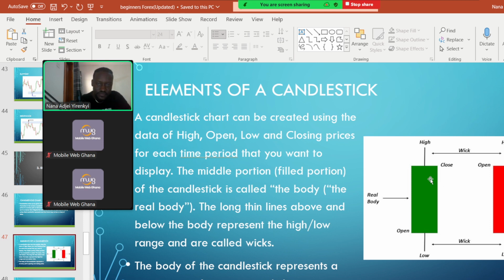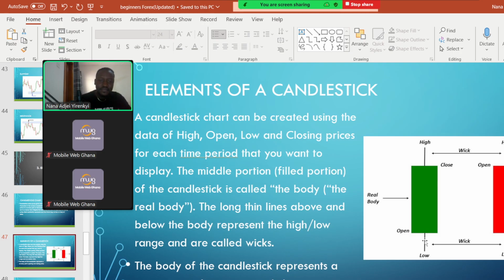As you can see, this green candle over here, the opening price is below. It retraces a bit to the downside, and then the buyers will push price all the way. The thin lines that you see on this bullish candle are what we call the wick. The wick is a representation of